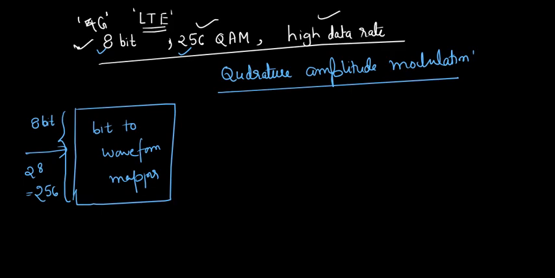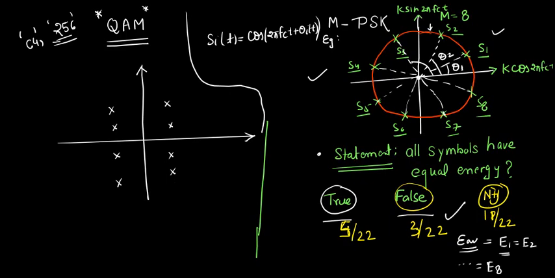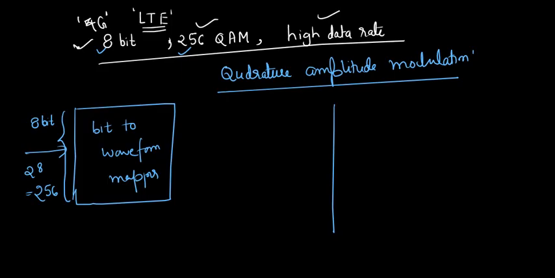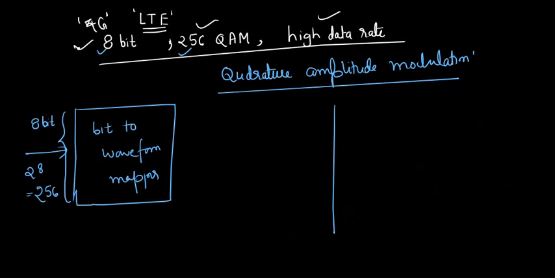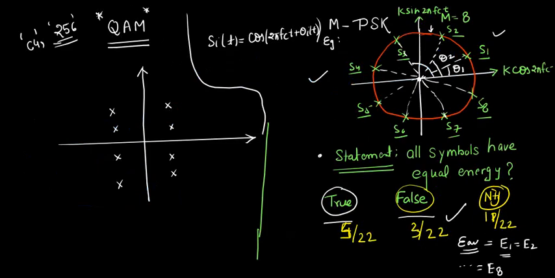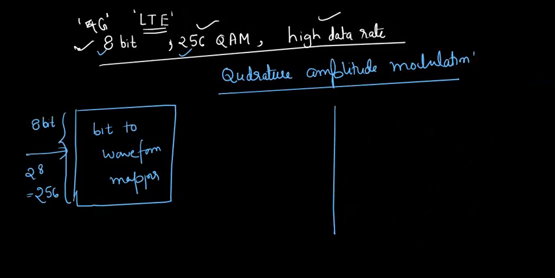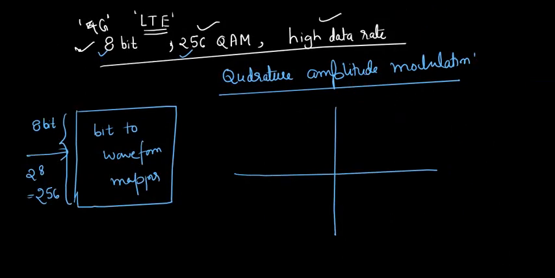Now what is this QAM? So QAM is a particular type of mapping which takes into account... So quadrature is a more generalized modulation scheme or bit to waveform mapper, where in PSK we only change the phase and in ASK we only change the amplitude, but in QAM, if you remember, I just touched upon this topic, we change both the amplitude and